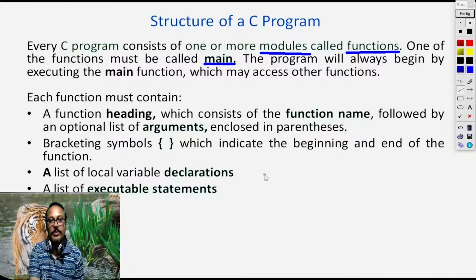So program execution starts at that main function, and then depending on your requirement, you can add one or more other functions also. It depends on your requirement and your wish. But a C program consists of one mandatory function called main, and program execution starts at the main function only. So each function must contain a heading, which consists of basically the function name,